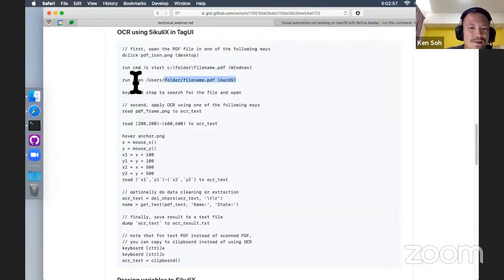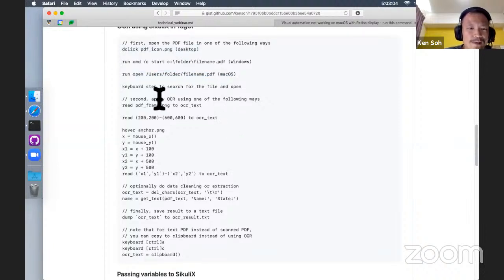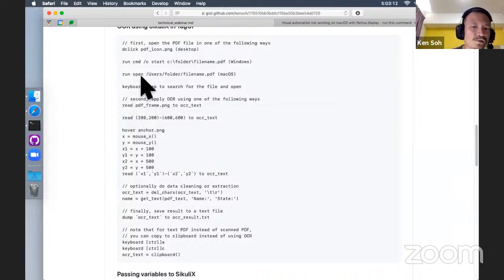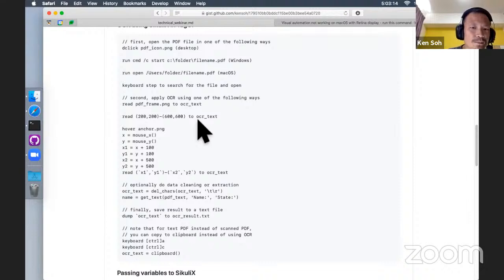Yeah, on Mac is this one, run open. You open up. Okay. Then the other way would be you can use the keyboard step to simulate the keyboard keystroke presses to, let's say, search for something and open it up. Yeah. So that's for opening. Then after you open,